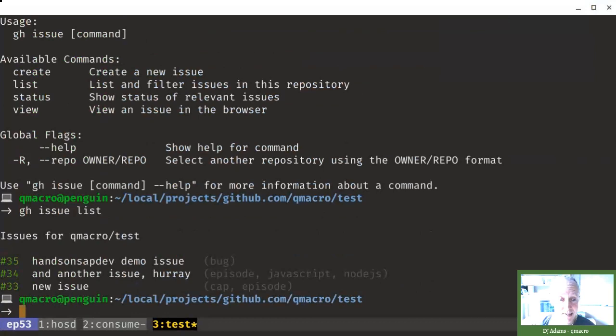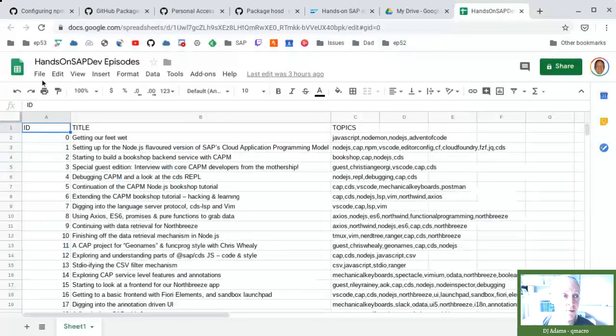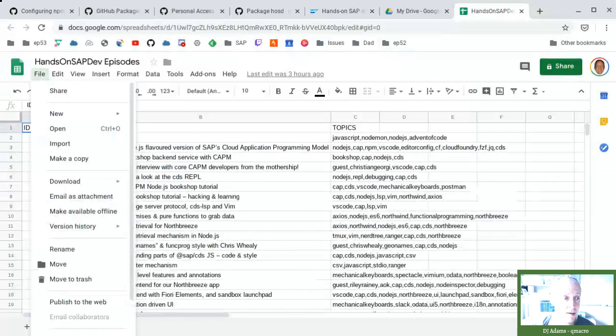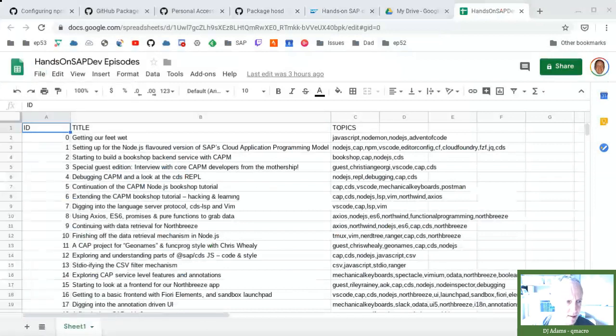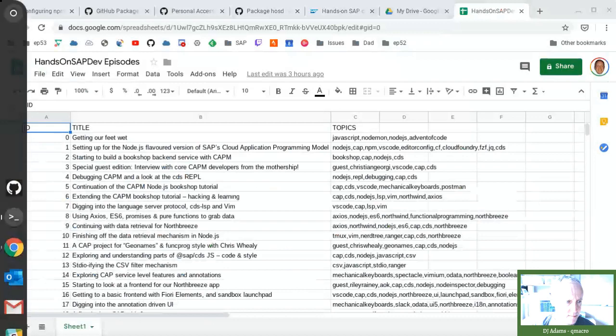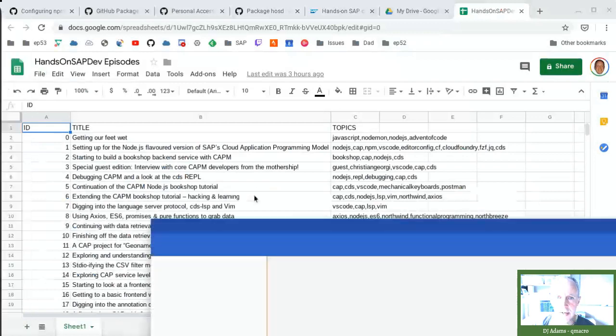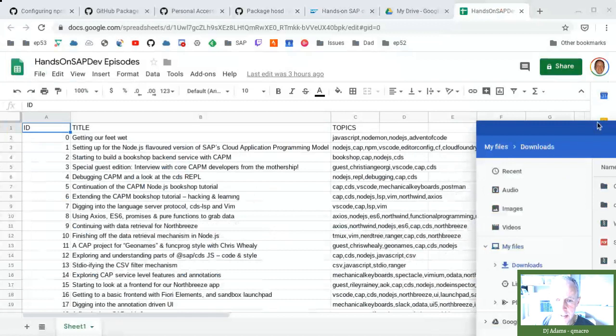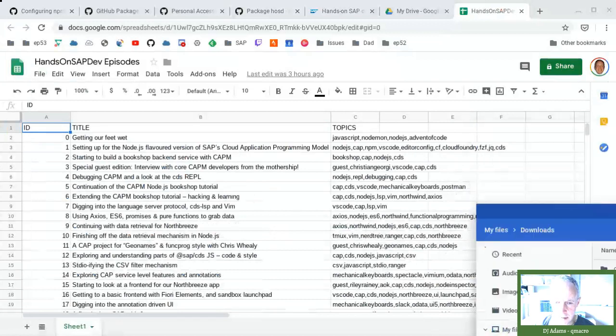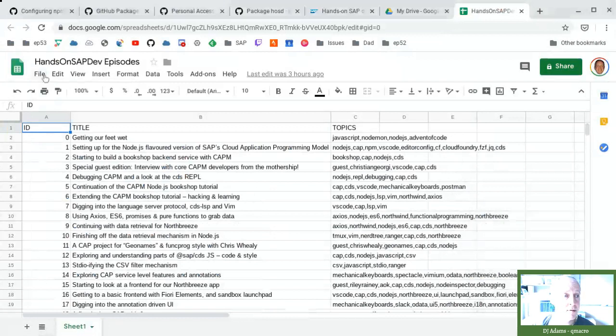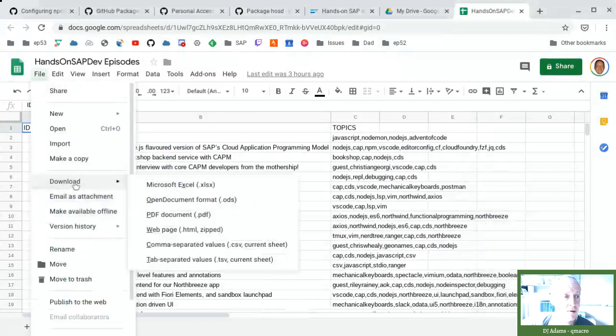So instead, I just stuck it in a spreadsheet, and of course I can do a file export, which I'm going to do now. Have I got the file already? Let me just have a quick look here. Downloads. No, I don't have it. Okay, that's cool. So I'll say file, download